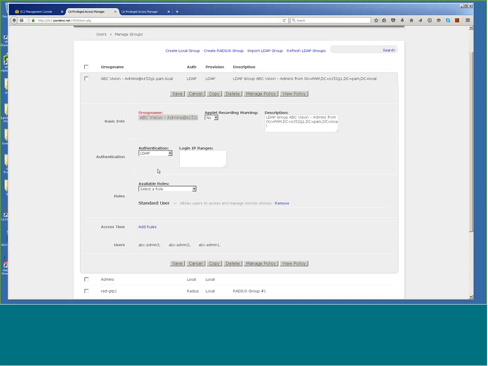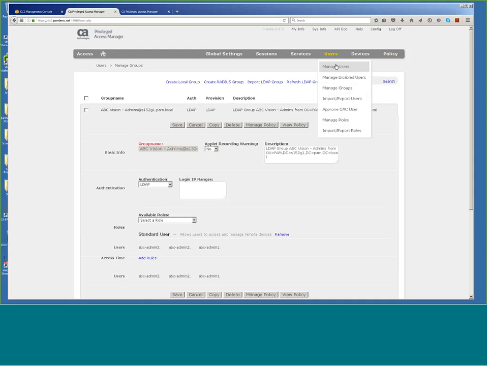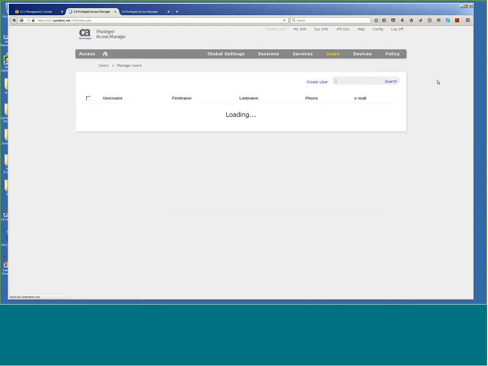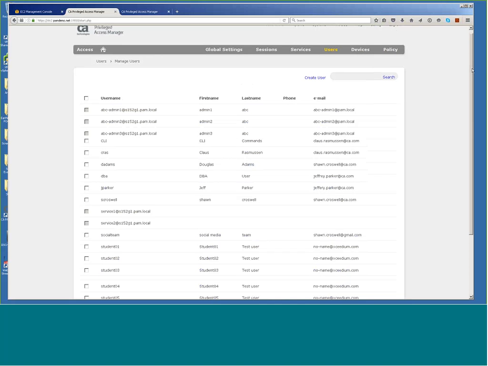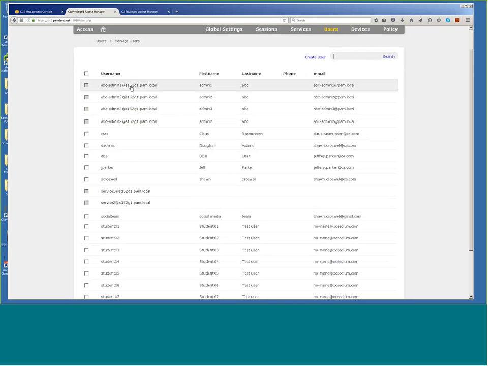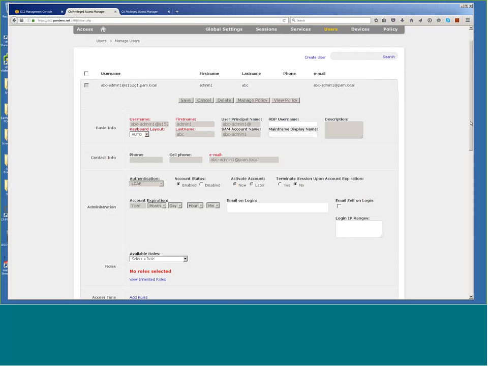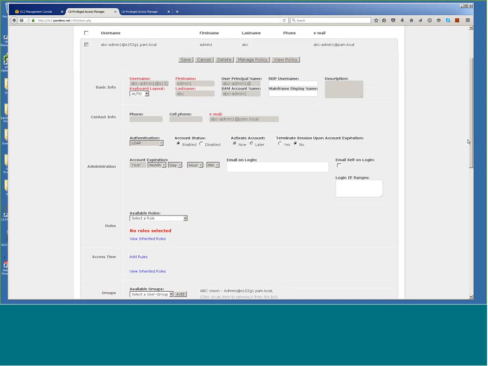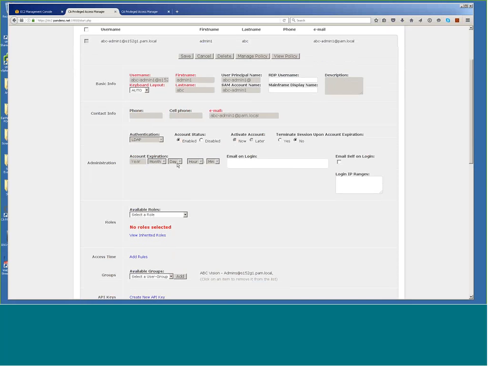That's one thing we're very proud of as of early last year. We are fully able to use PIV and CAC cards now. You can also come in SAML, so Federated Access SAML 2.0, but you can see here the users here. So as I sync with that, here's the users that will be affected. When I come into individual users, I can do individual things with these users. So there's ABC Admin 1, right, from that group. I can come in and say, ABC Admin 1, I'm going to make him or her a full global admin. So that's only going to affect that one user.